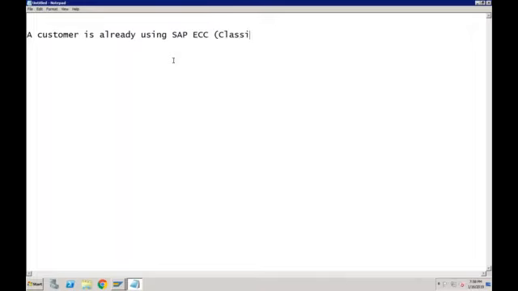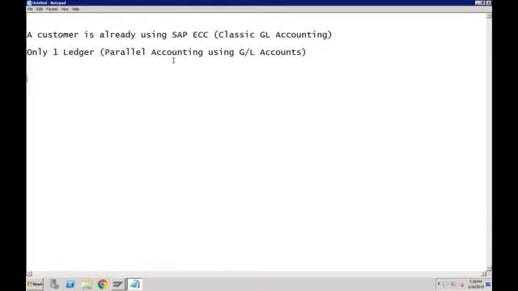He is using classic GL accounting. Now, when we say classic GL accounting, this means only one ledger. So what he is doing is parallel accounting using GL accounts, which is also called the account-based approach. Now, if this customer wants to migrate to SAP S/4HANA, now the customer wants to upgrade his system to S/4HANA.